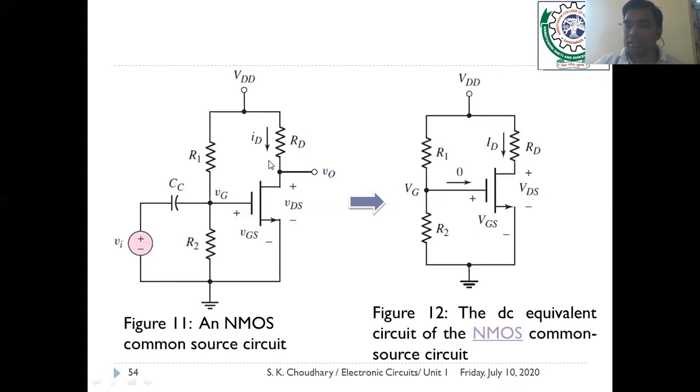So how to construct a voltage divider bias circuit? Yes, you see, first of all, you have to draw the MOSFET or whatever device you are using. Since the voltage divider circuit is valid also in the case of BJT based circuits, also valid in the case of JFET based circuits, and also used in MOSFET based circuits. Biasing techniques are similar, only the devices change. So here you can see the most basic part of the voltage divider circuit. This is the DC equivalent in figure number 12.